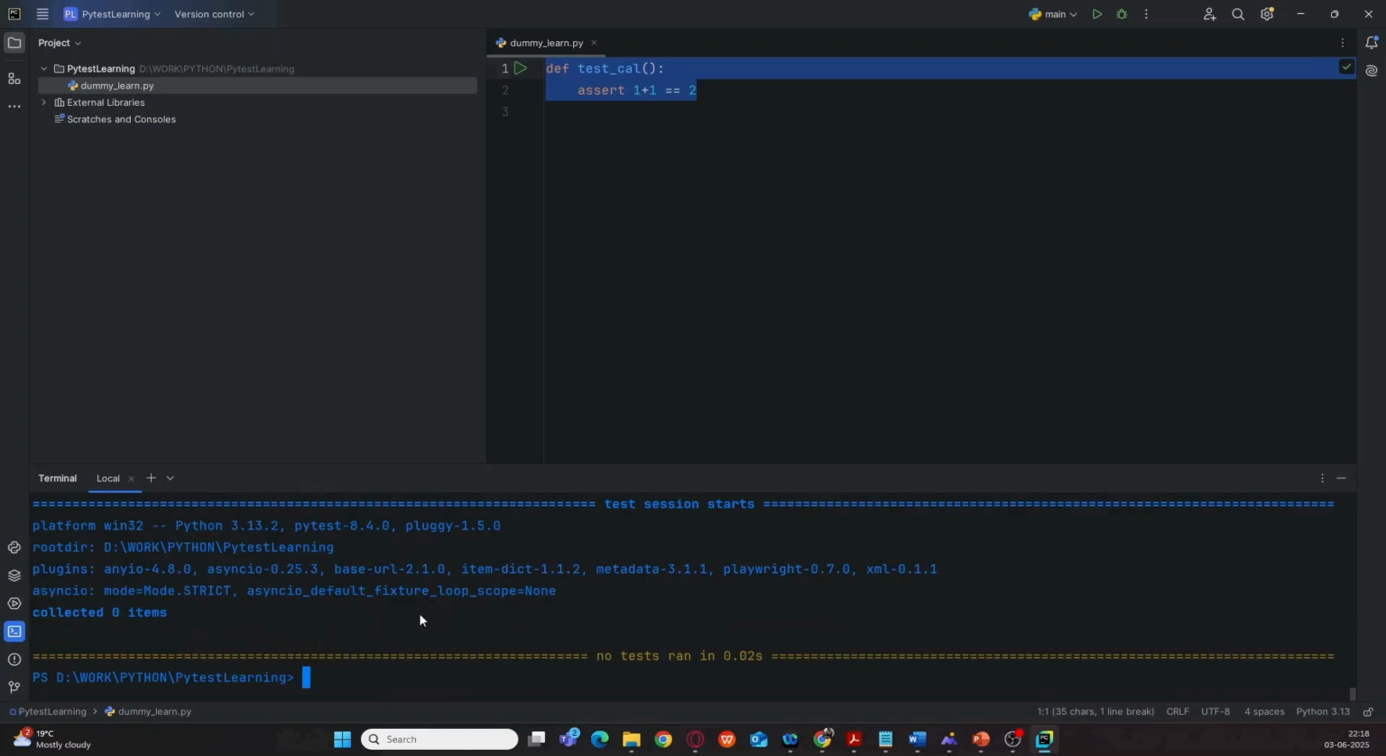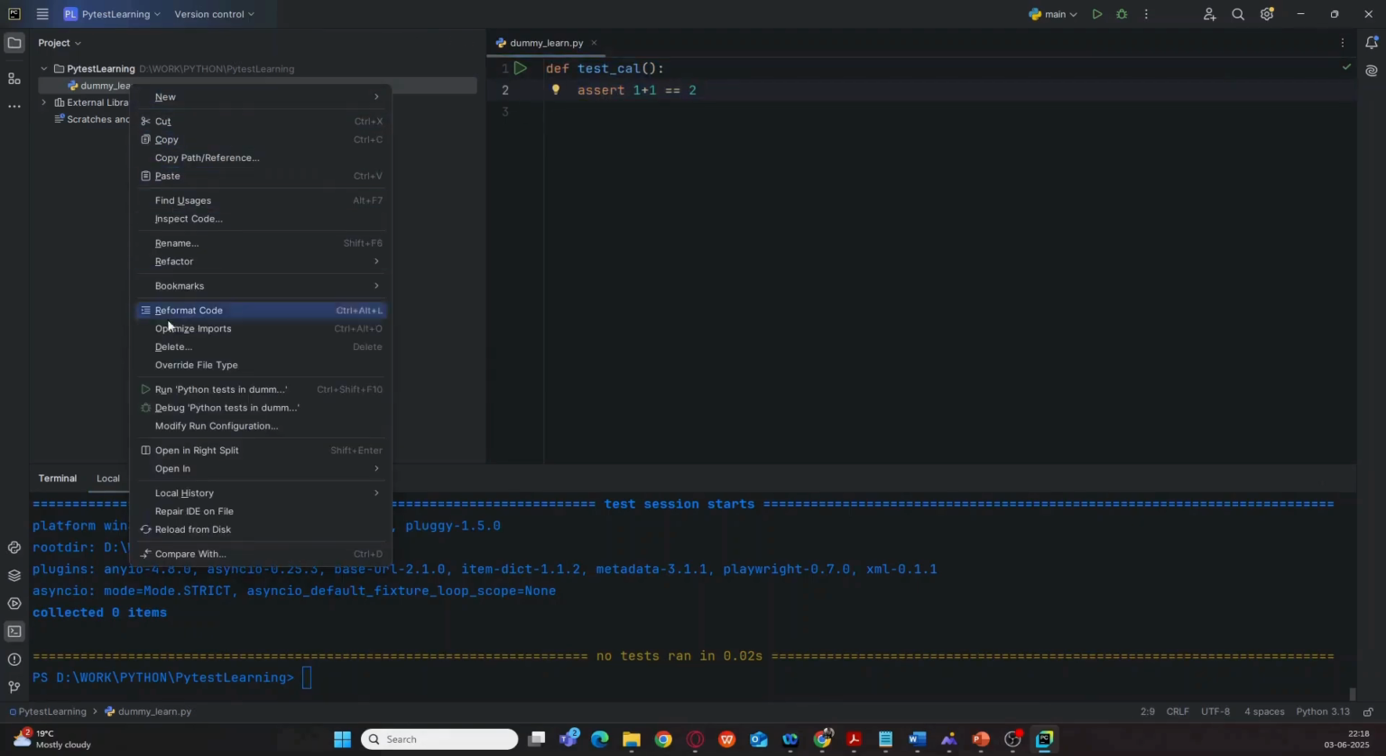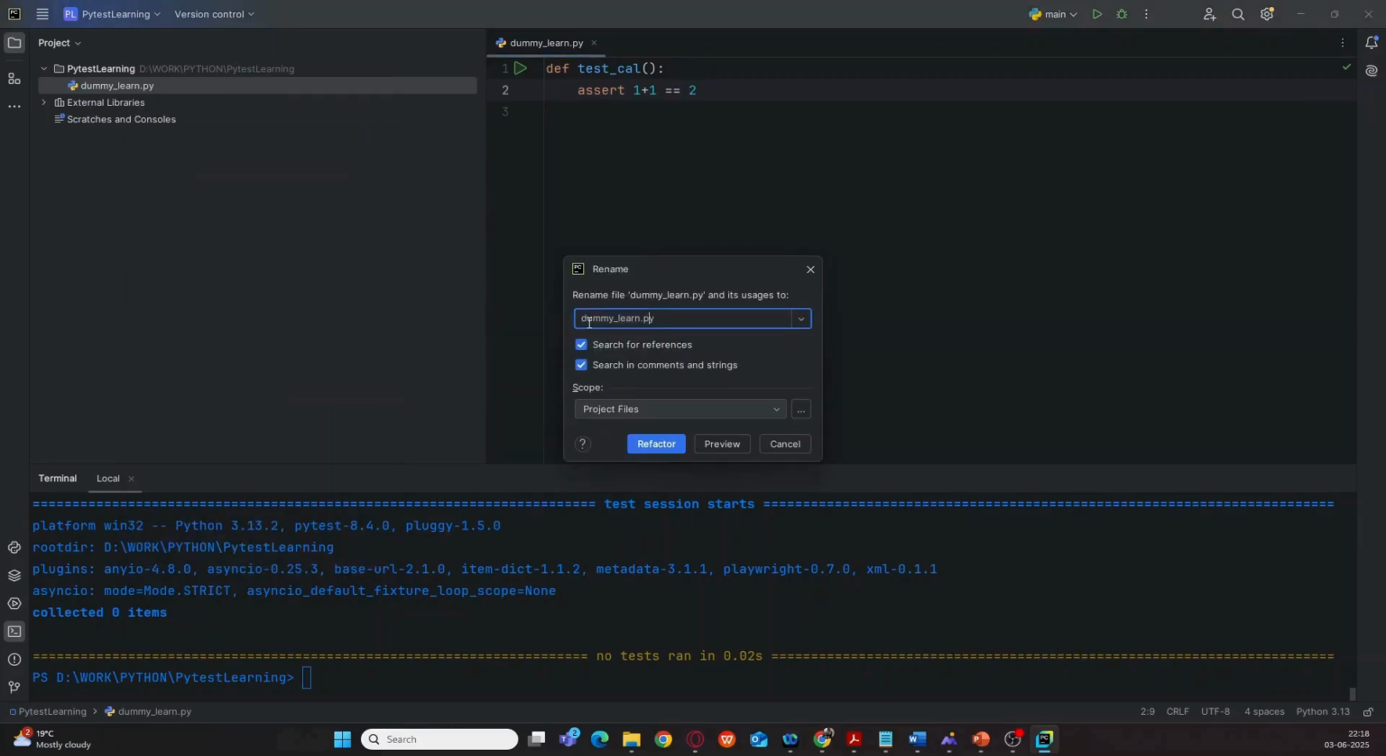Now all the issues were resolved and Pytest got executed, and if you see, it is clearly saying that no test ran. That is because our naming convention is wrong. Okay, what I will do is I will try to rename this and I will give it a proper naming convention, test